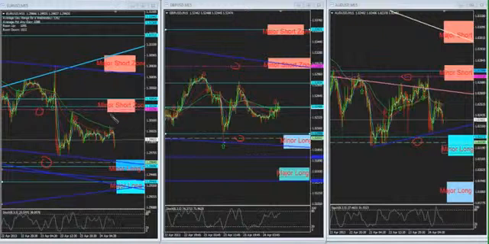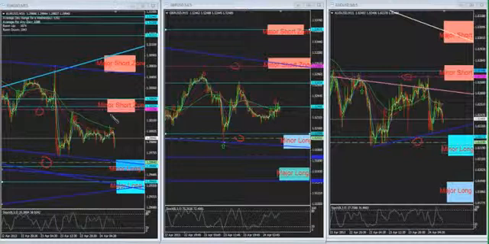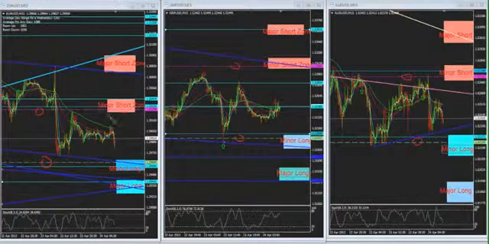So what usually happens is, once I've done my work in the morning, I leave the charts. I don't look at them. Well, I might look at them from time to time, but I don't need to be getting hypnotized by the charts. So I stay away until an alarm starts going off. That's when I come back to the charts, have a look. Also, these alarms, you can set them up to send you an email or a text message. I think you can get them to send you a text message. I don't know, I haven't really looked at it. I don't care. But basically, once it starts going off, I come to the screen, see what's happening, and enter my trade,